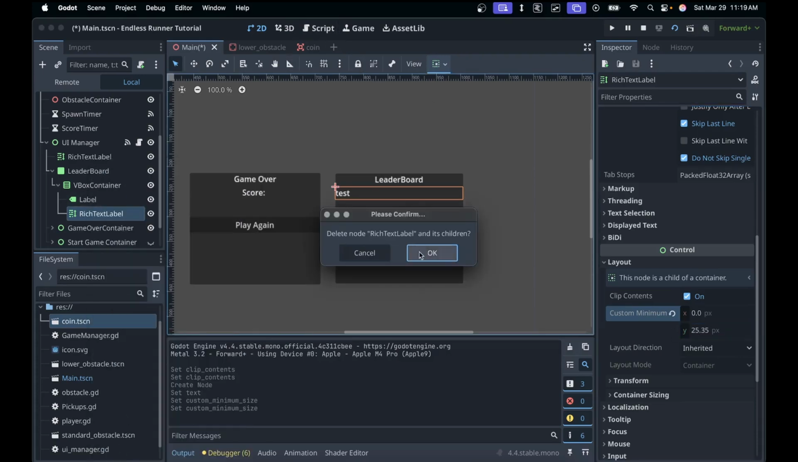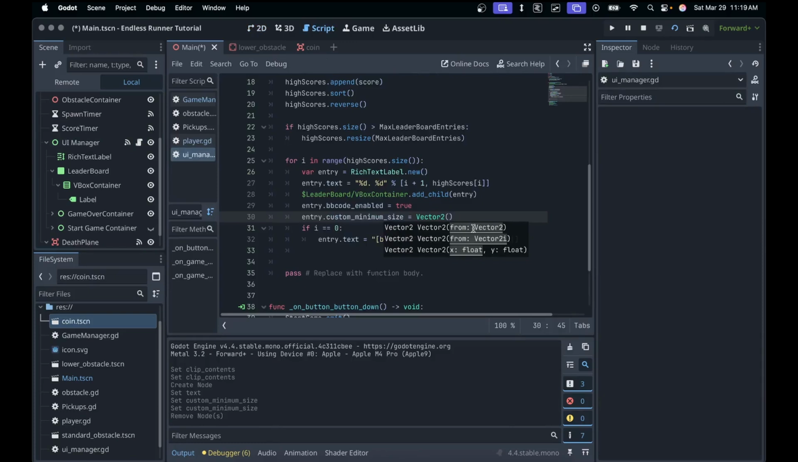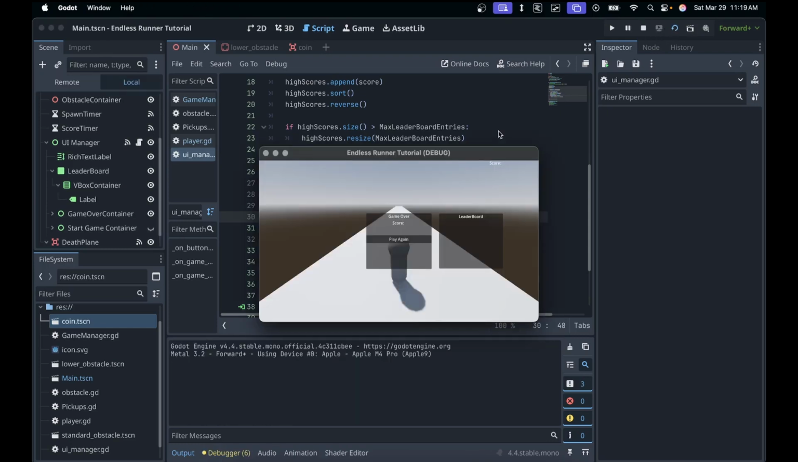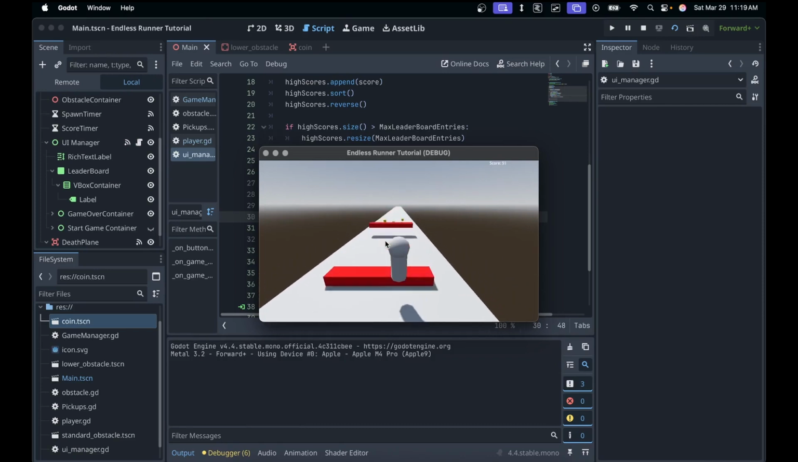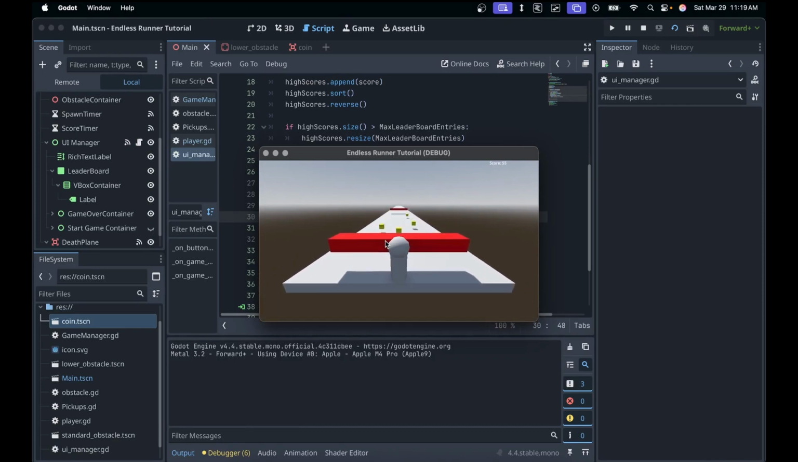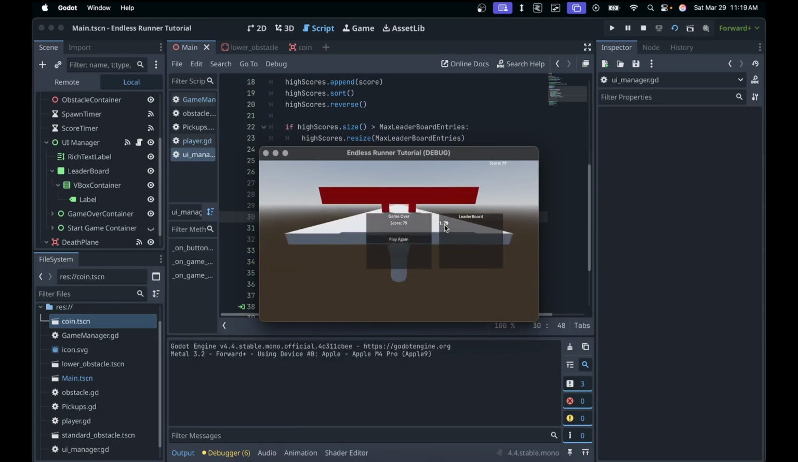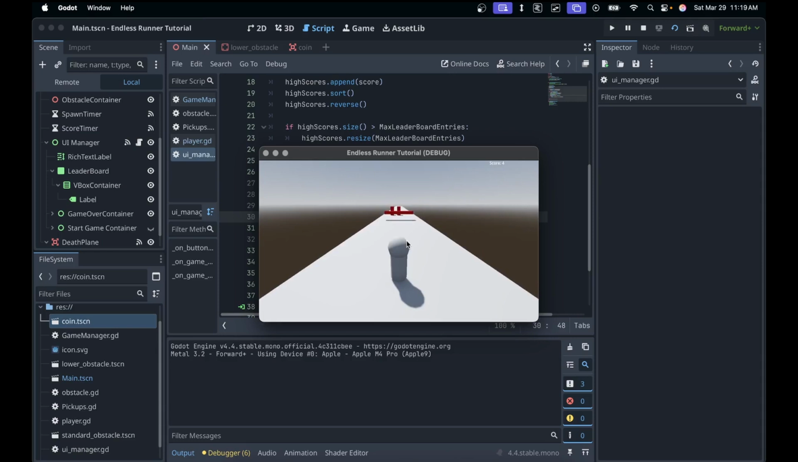So I'll trash that, come in here, set this to 0,25. I'm not a huge fan of this, but it's probably the best route I can think of right now. And we'll hit go, space, and then let myself die. And there we go, 179. Perfect. And if I hit play again,